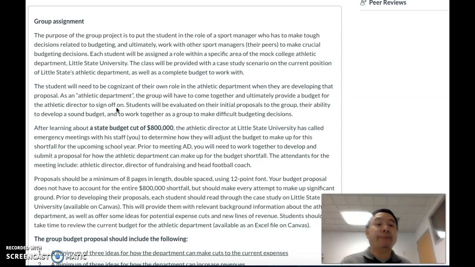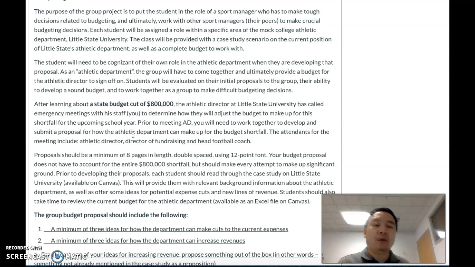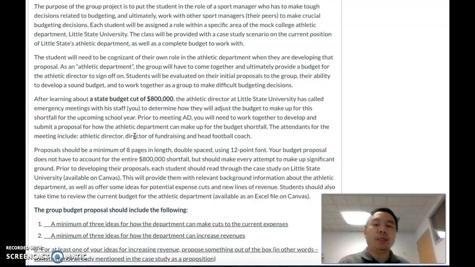Initially you were planning to spend a lot of money, but now you have to think about how you'll be able to reduce your expenses and also increase revenue generation in order to make up those deficits, right? So there's $800,000 for you to make up. That's a lot of money.